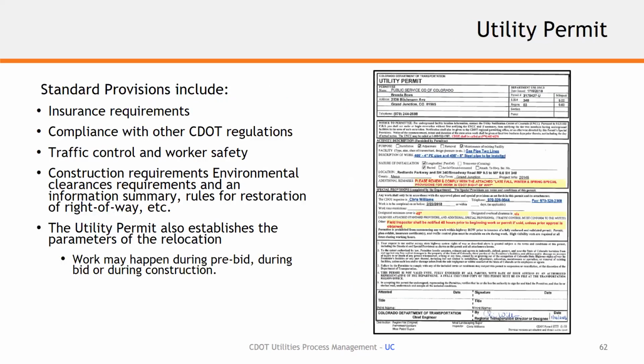And again, as we move into the utility construction side, each utility that's being relocated is permitted by the utility permitting system, so that we have a record of what happened and how it was installed. There's several standard provisions that are included in our permits, which include insurance requirements in case there is an issue out there, a problem that arises that creates a claim or a liability towards the utility company or their contractor. So we do request a certificate of insurance. Other compliance with CDOT regulations like traffic control plans and worker safety plans,